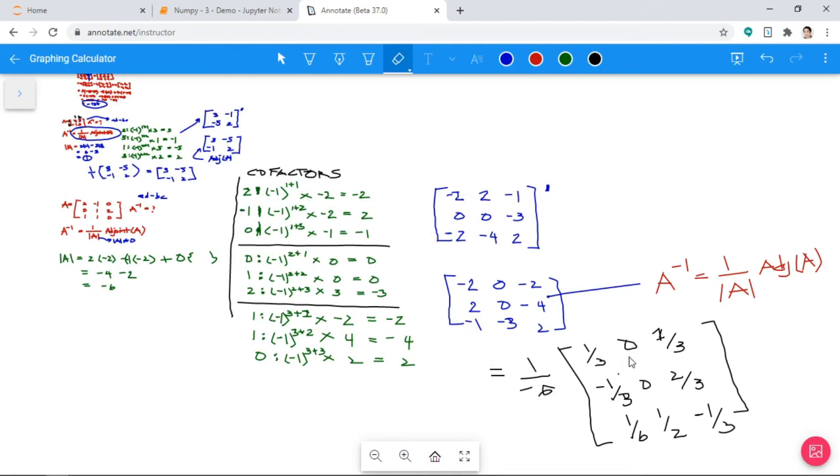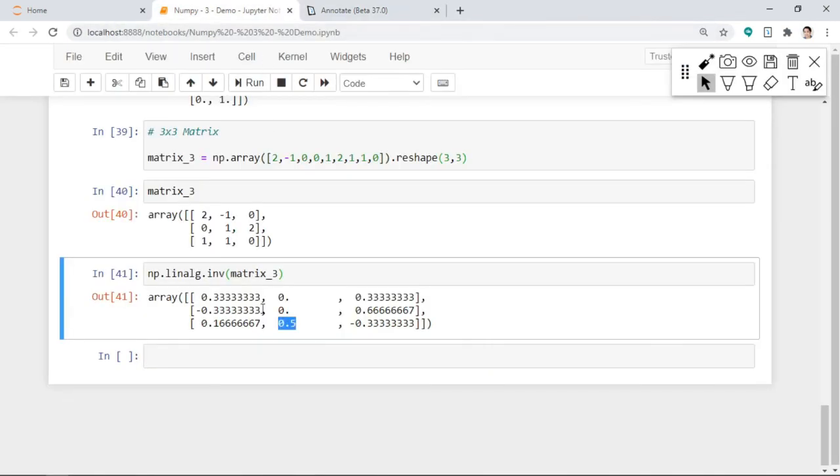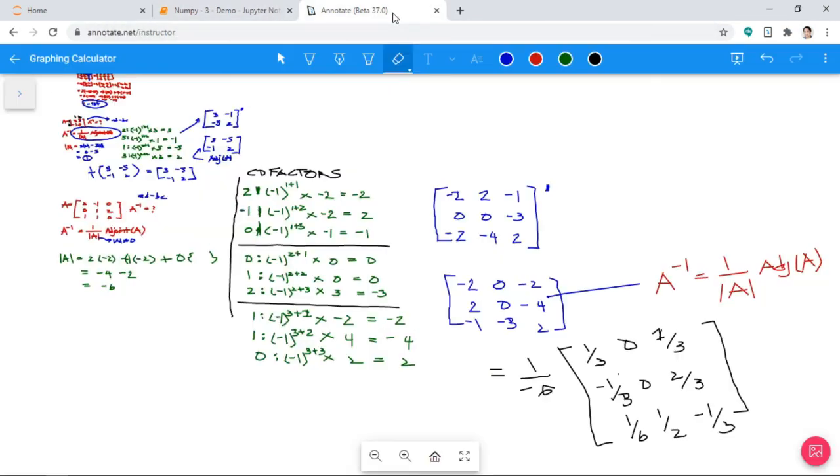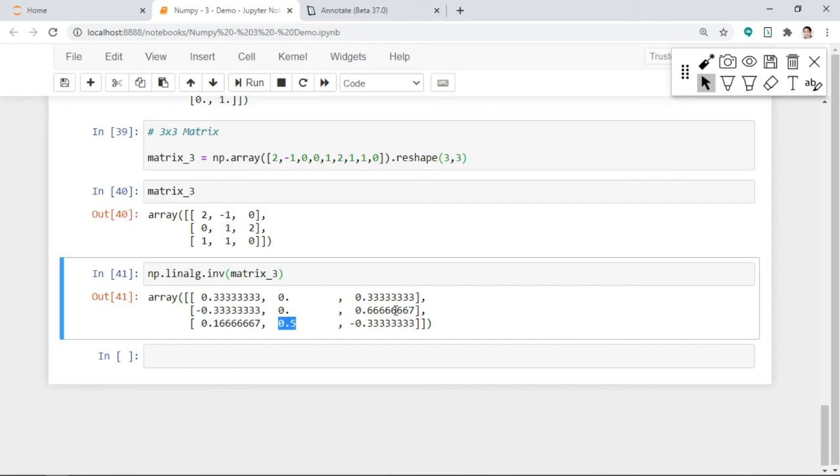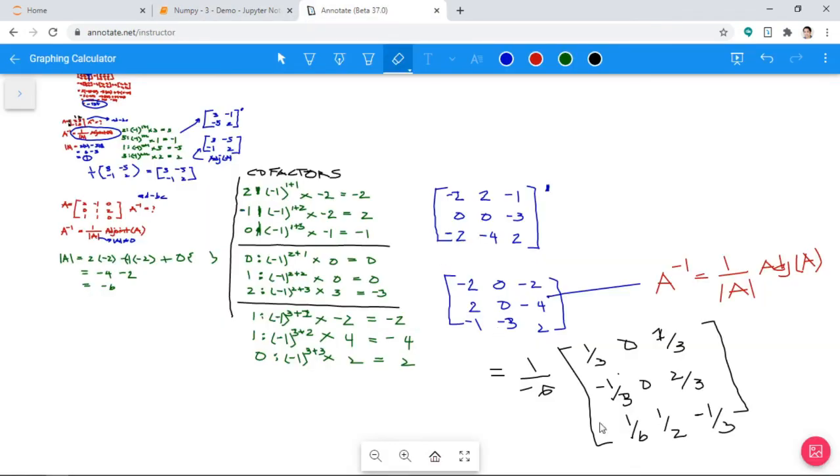So again, 1/3, 0, 1/3. This is negative 1/3. Then negative 1/3, 0.66, which is 2/3. To check again, we have revised this one. Negative 1/6 multiplied by negative 1 is positive. I thought this is negative, but it's positive. So 1/6, that will be 1/2, then this will be negative. So that's it for the